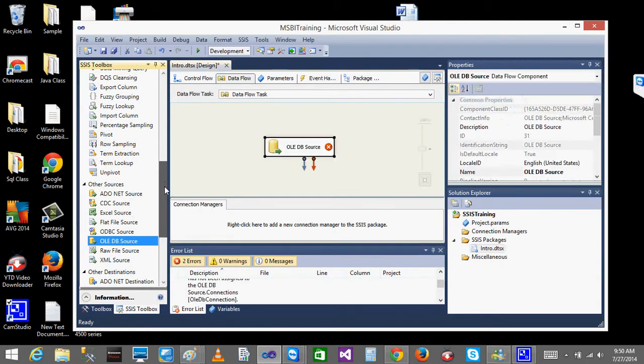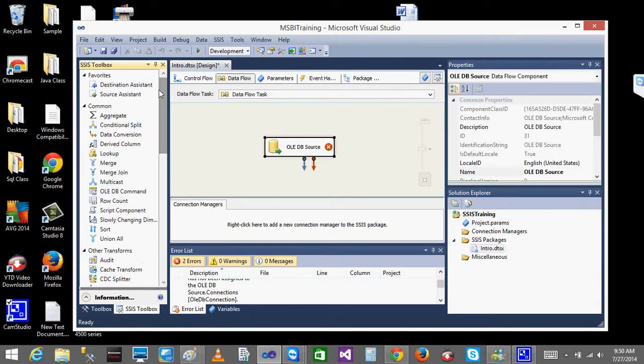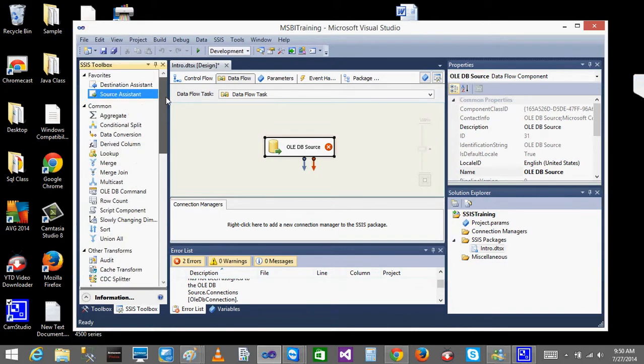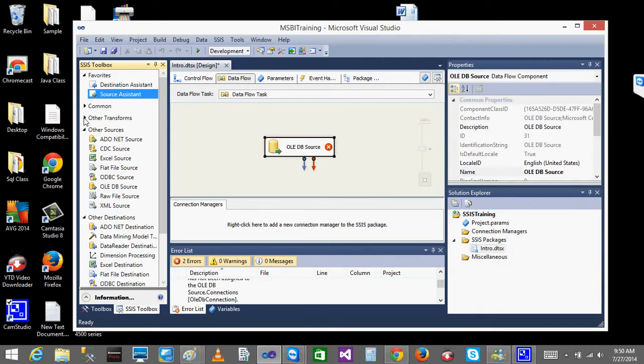In versions prior to 2012, you will not have the destination assistant and source assistant, and you will not have Other Sources. You will just get this Common and Other Transformations under the transformations.